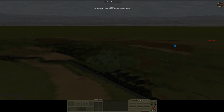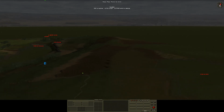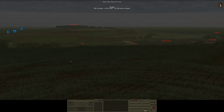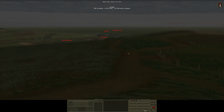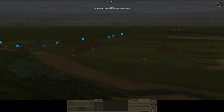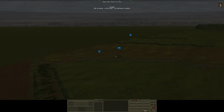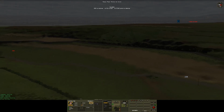So, assuming this German fellow continues to follow the track, we will have to get these guys to just hide in the long grass as these vehicles go by. Assuming they do follow the track over here, we may get sight of them up on this ridge line, but certainly as they continue along, at some point we're going to make them out, which is good. So we should drive into our eye line. Now, we can double check that actually. I was going to say, I'm not 100% sure how good visibility is. Well, let's...